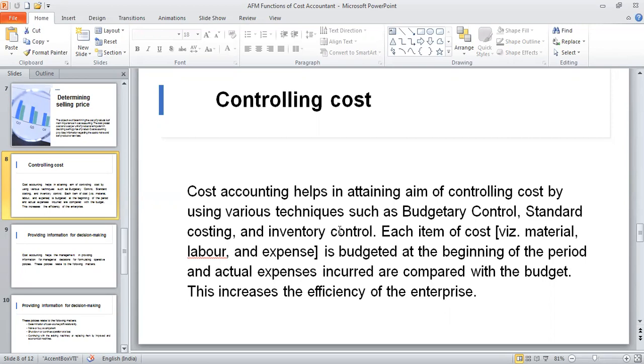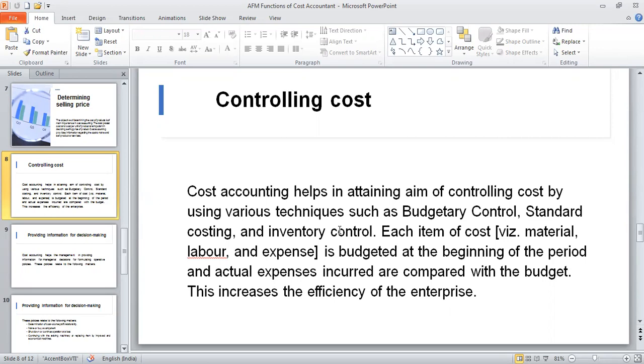For example, take the case of material. If you want to calculate material variance, what is the standard cost of material we are spending, and what is the actual cost of material we are spending? By comparing the actual cost of material with the standards, we come to know the variance in material. Of course, for calculating the total material variance, we may use material cost variance, material price variance, material mix variance, and material yield variance. These are the sub calculations you have to do in order to know about the variance, why it happened,